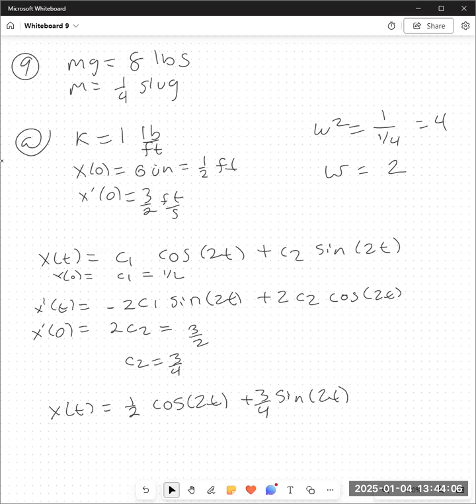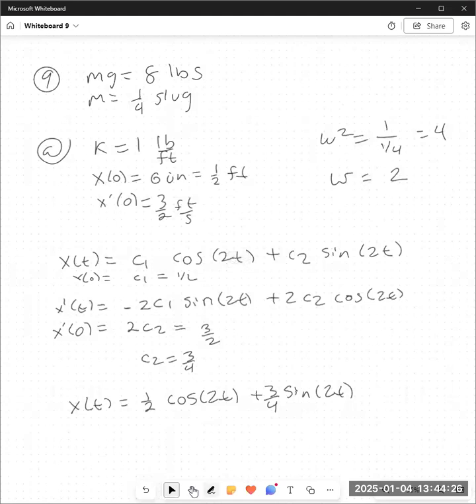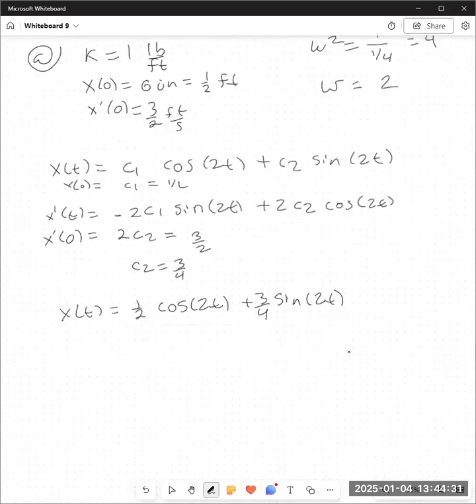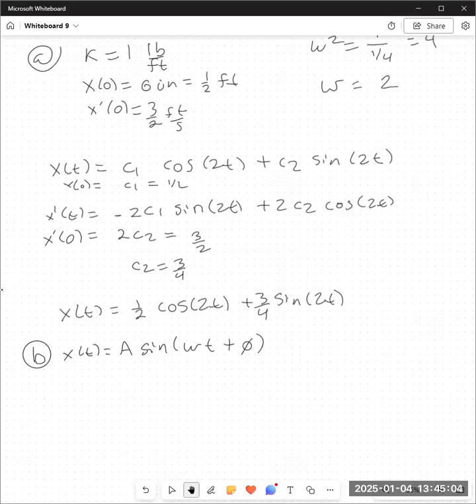This is the first time that we've seen something where we have both sine and cosine playing a role here. So we are going to want to convert this into something that is in terms of all sines or all cosines to help us out later, and that's what part B and C say. So B wants us to write this in the form of, capital A is going to be my amplitude. So we want x of t is equal to capital A sine of omega t plus phi,